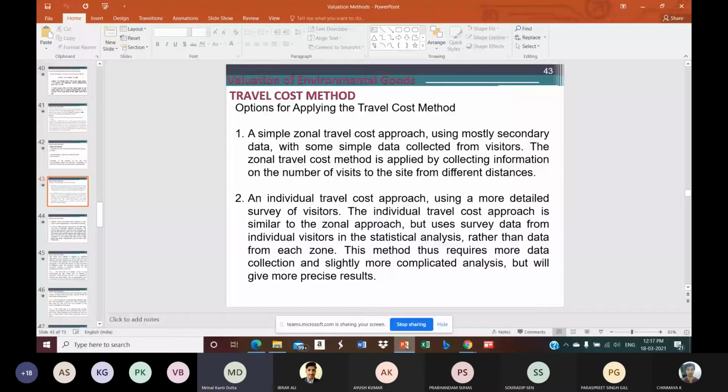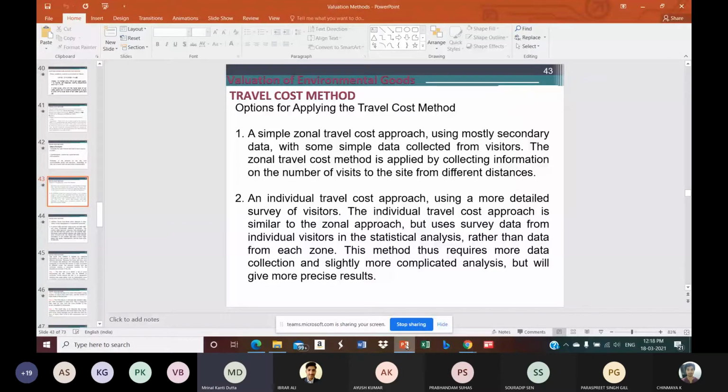So since we will be resorting to a lot of data from the individual visitors, obviously it might involve a lot of steps or a lot of stages. So collection of data itself will be kind of taxing. It's a huge affair. Designing of the survey is important. Unless we have different characteristics of the visitors, it becomes difficult to find out the demand for the sites from different categories of people, be it income categories, be it social categories, and so many other things. So that's why it involves a lot of data collection activities, and also it might be a slightly more complicated analysis.